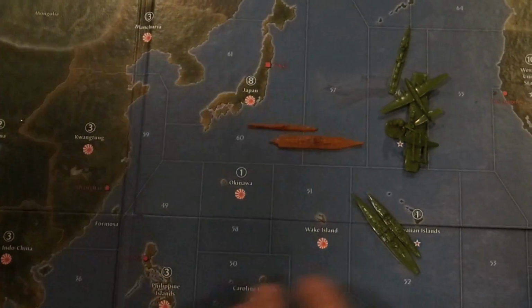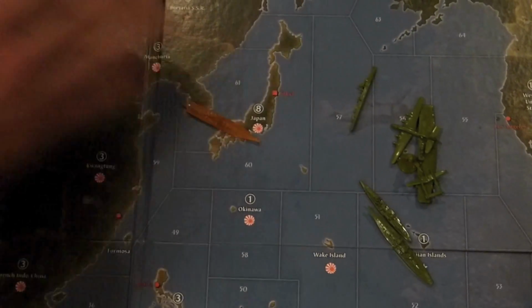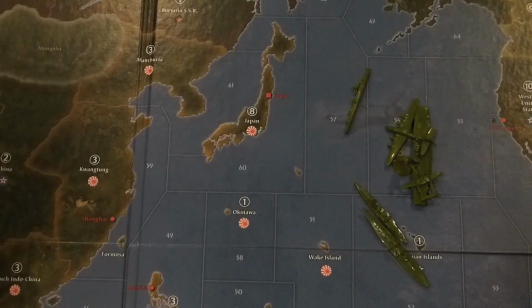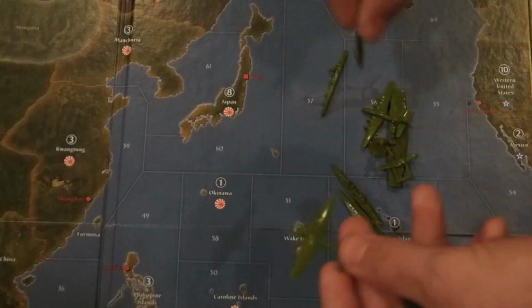And then they also launched bombs and torpedoes and took them out. And then they lost, and it was a very decisive blow against the Japanese Navy. And the northern phase of the battle was pretty much...